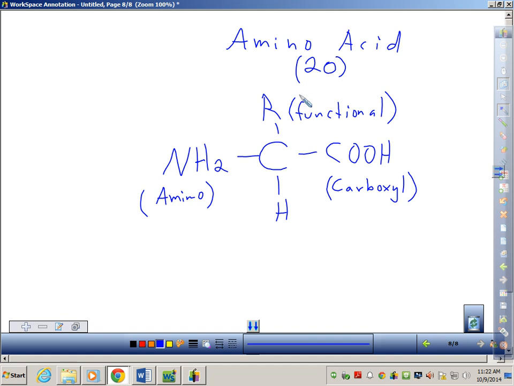Does that make sense? How about this one? I have brown eyes. Who has blue eyes? Okay, we got a few blue-eyed people. I have brown eyes. You and I have a different protein. That means our amino acids are in a different order. So let's say we each have about 1,000 amino acids. We just put them in a different order, and they make a different protein. Yours reflects blue light. Mine reflects a few different ones and gives you brown. Okay? It's the only difference. So this functional group is pretty important.